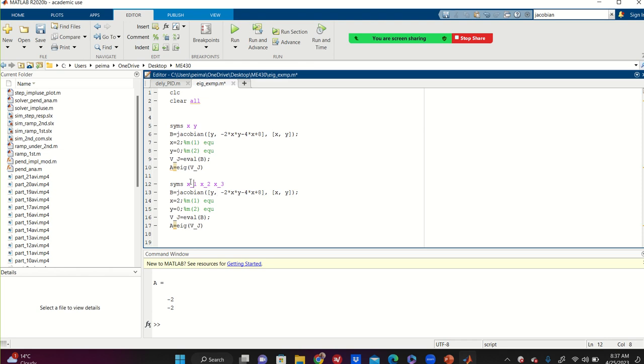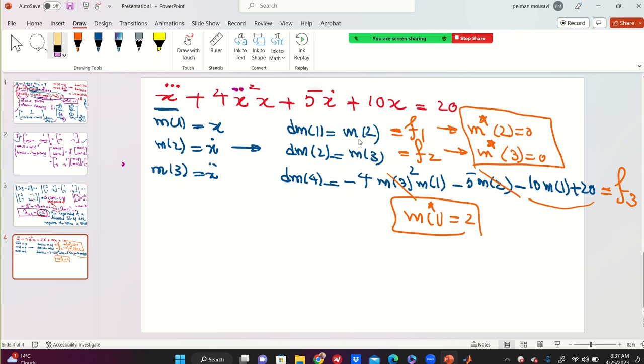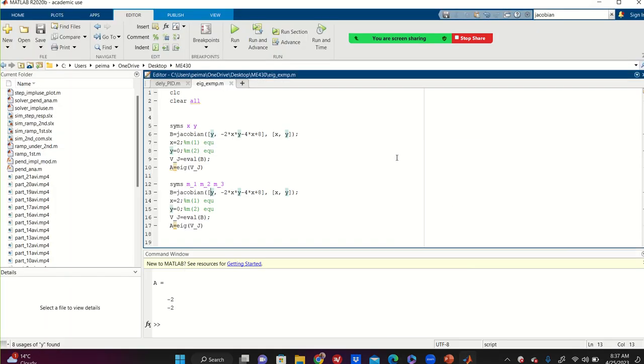You can even put M. Let me try this time like this, M3. So f1 is, look here, M2, so you type here M2. f2 is M3. And f3 is